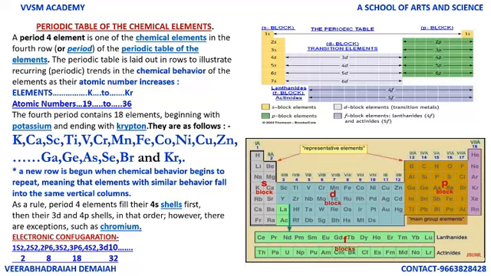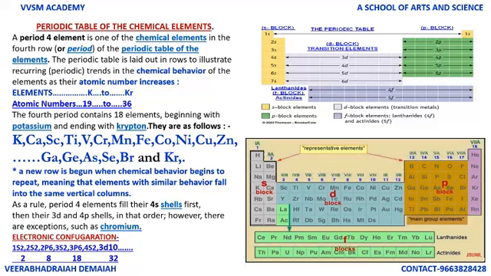They are as follows: potassium, calcium, scandium, titanium, vanadium, chromium, manganese, iron, cobalt, nickel, copper, zinc, gallium, germanium, arsenic, selenium,